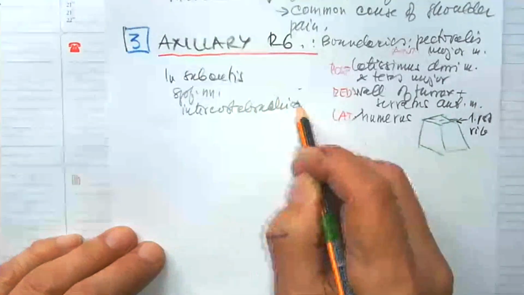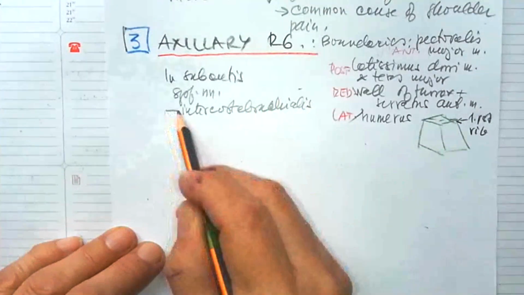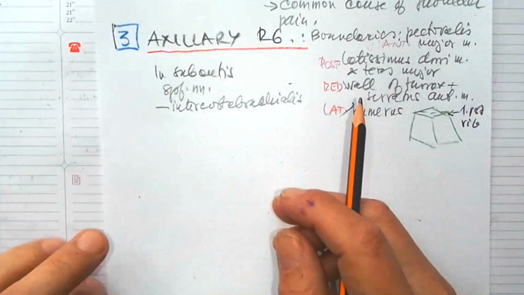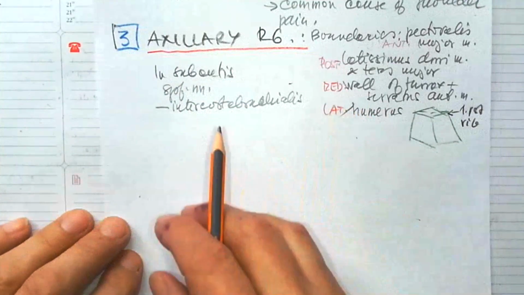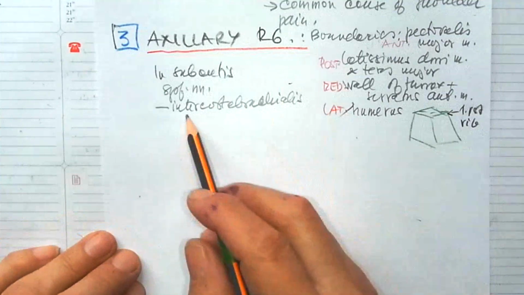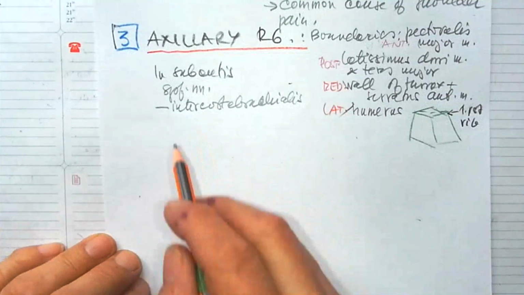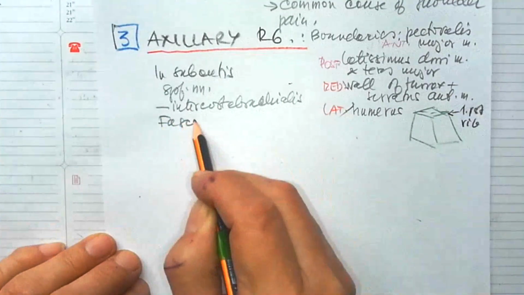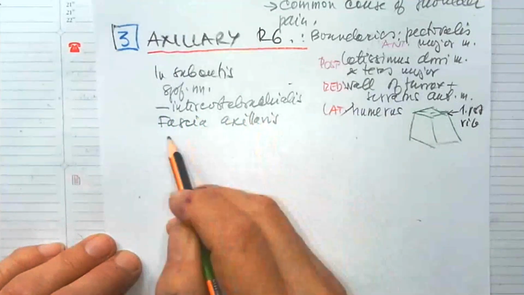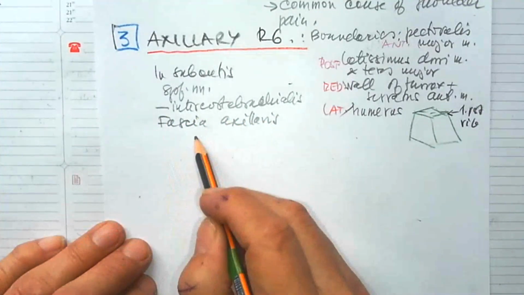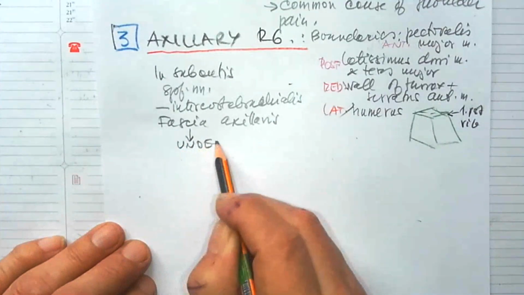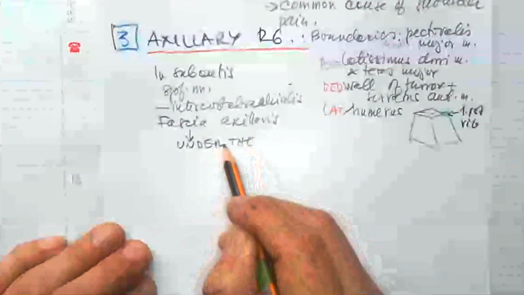As the name says, the nerve passes from the intercostal spaces, and joins also the fibers of the brachial plexus, a sensory nerve. Then follows the fascia axillaris, axillary fascia, and it lies